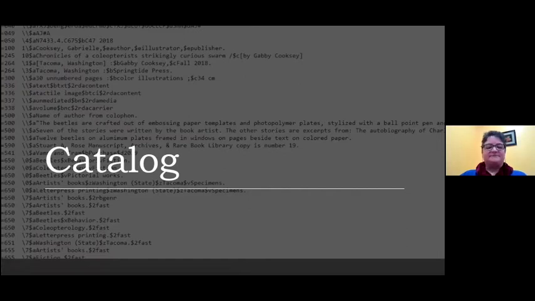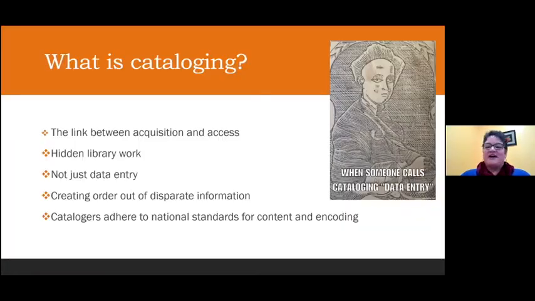So cataloging. This is perhaps a mystery, the biggest mystery to many people. So I also catalog our materials. So what is cataloging? What do we do when we catalog something? Cataloging is the link between acquisition and access. We can buy something and it can sit on our closed shelves for a really long time, theoretically. And no one can access it because unless you were the person who bought it, you probably don't know it's there. Nobody can have it in our reading room. Nobody can teach with it. So cataloging is that link.